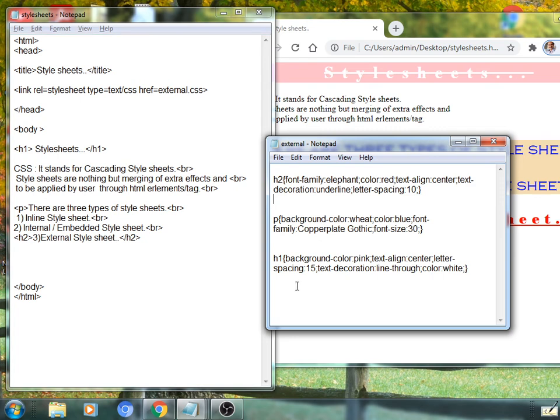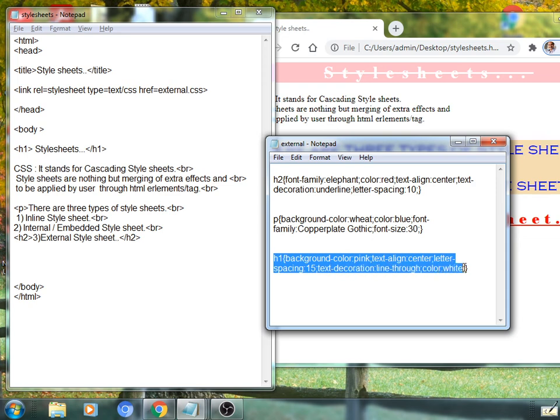Next selector tag P, that is paragraph, defining a background color of white, text color blue, font-family copperplate gothic, and its font size 30. Same with the third selector, heading level 1, with background color pink, text alignment center, letter-spacing 15 pixels, text-decoration line-through, and text color white.